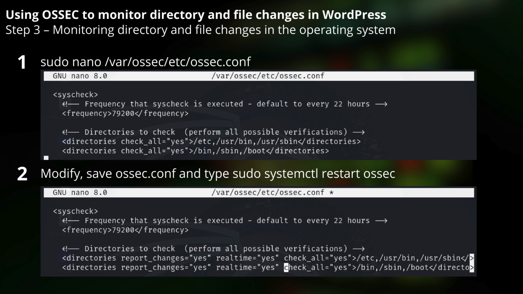In this step, we'll modify the configuration so that some of those changes are reported in real time. Note that certain changes, like file deletions, are reported at full scan. The relevant part of the configuration file governing file system monitoring is shown in Figure 1. To bring real-time monitoring and alerting to those system directories, we need to reconfigure that section of the file, so